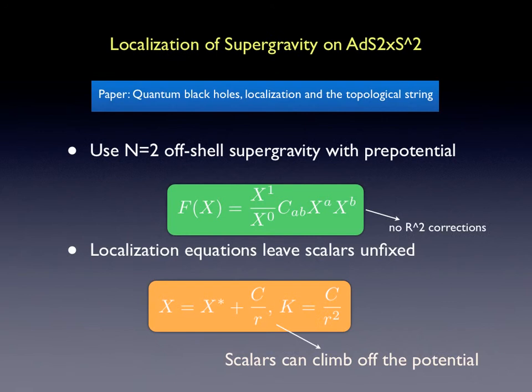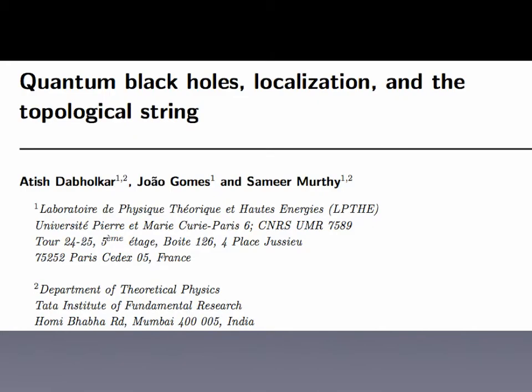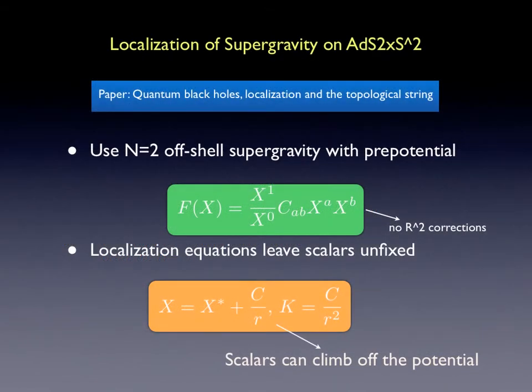In the paper Quantum Black Holes, Localization and the Topological String, we applied this technique on N=2 off-shell supergravity with a general prepotential. However, for the N=8 theory, the prepotential is fairly simple and does not contain information about higher derivative corrections. It is found that the localization equations leave unfixed the vector multiplet scalars at the expense of turning on